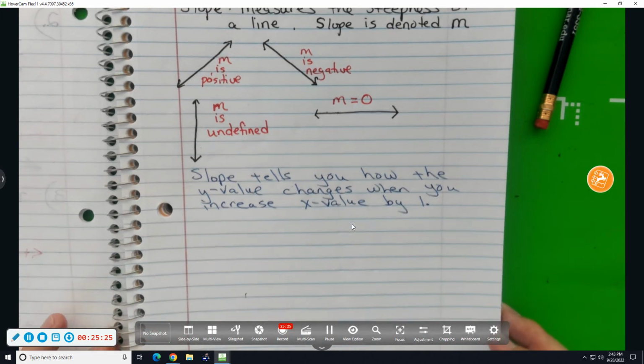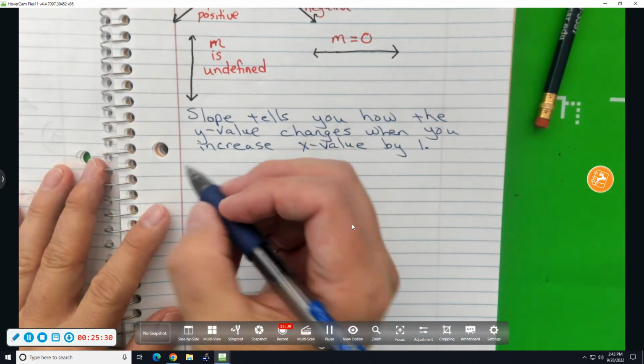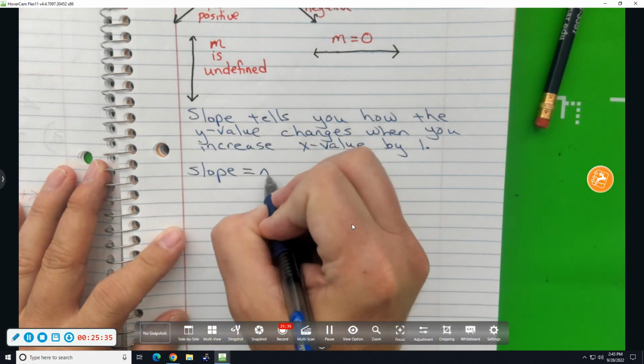You want the geometric definition of slope? Slope equals